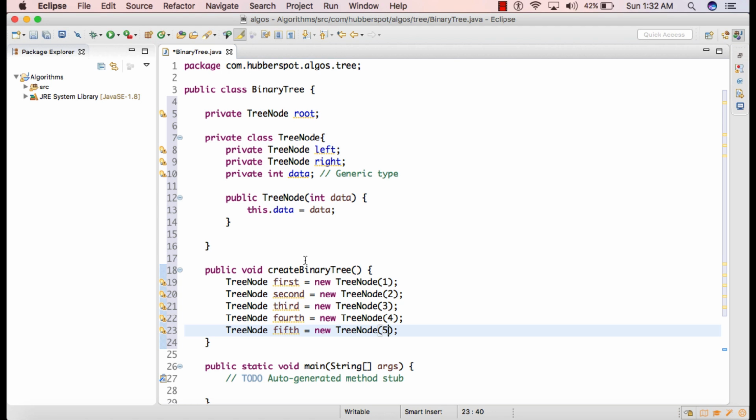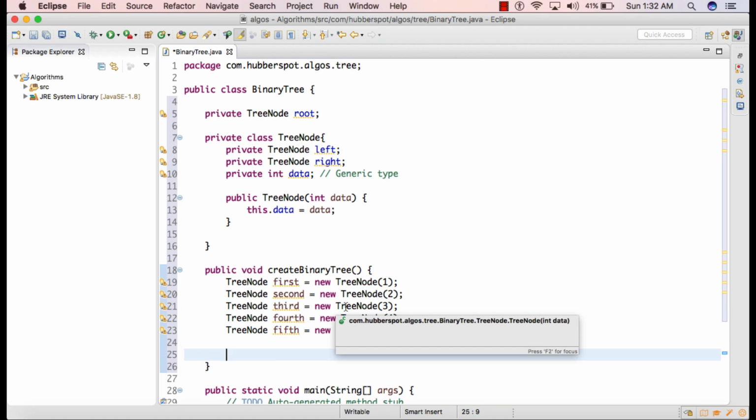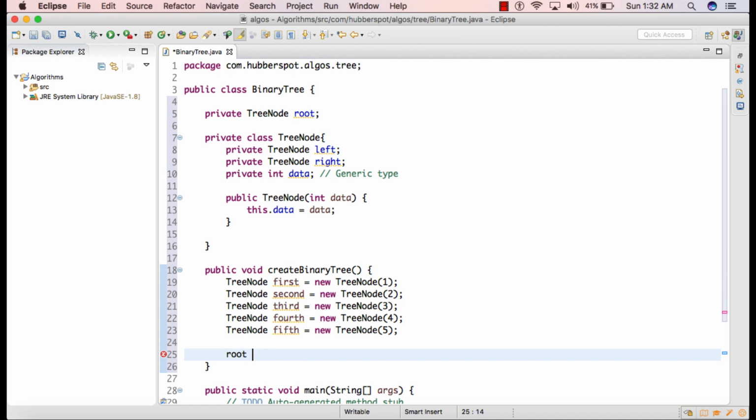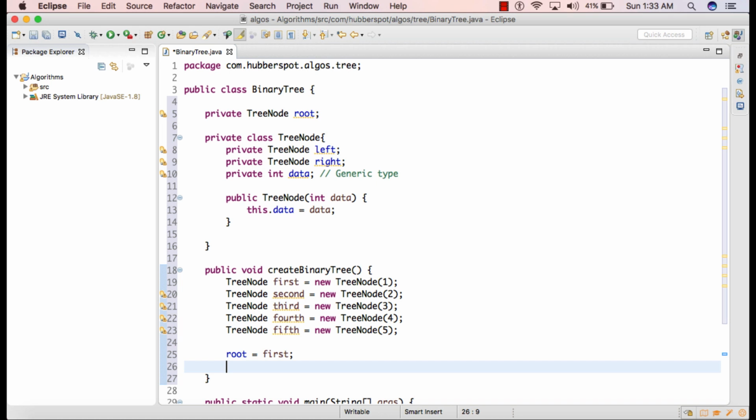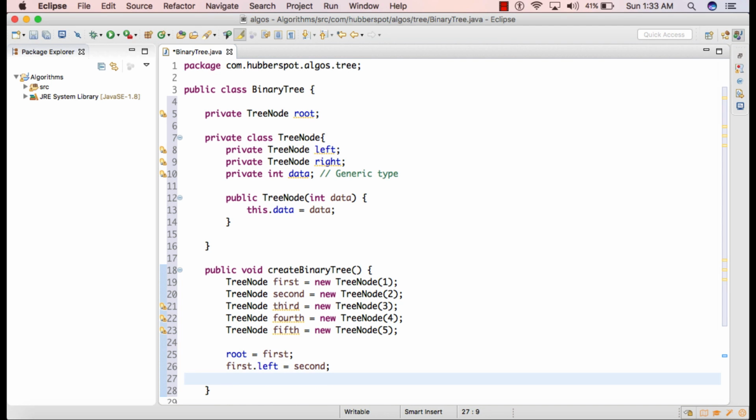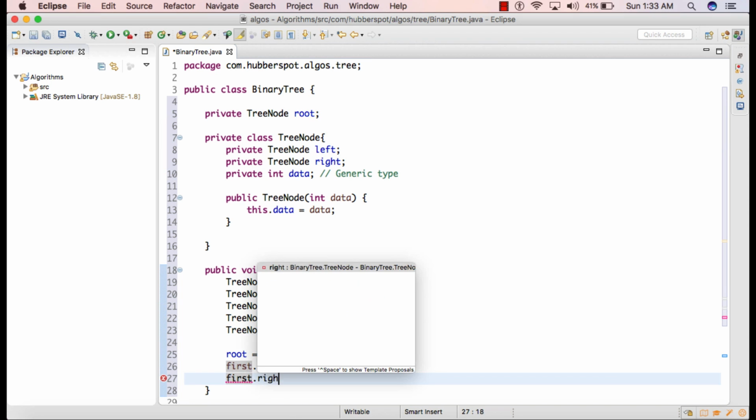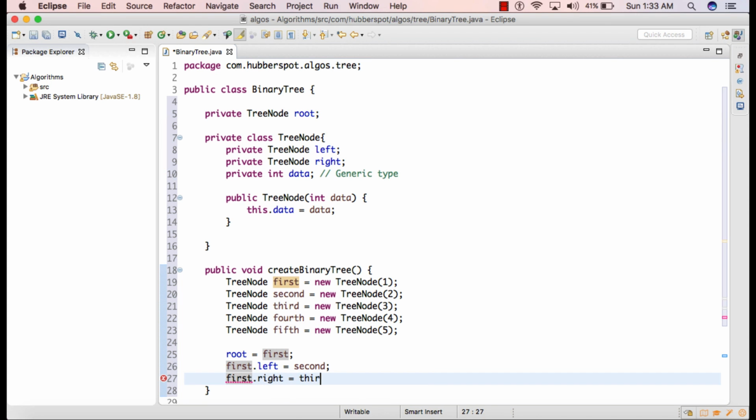Now when we call this createBinaryTree, it will first create these 5 tree nodes. Now in order to store these 5 nodes into the binary tree, the first thing we do is assign the value of first to root. So now root will be holding the tree node having data as 1. And let's say to first.left we are assigning the value of second, and to first.right we are assigning the value of third.